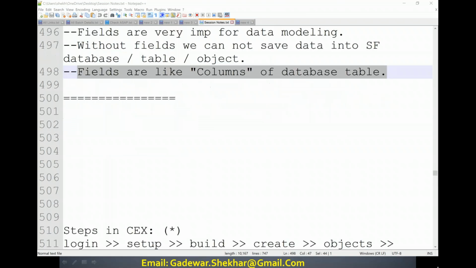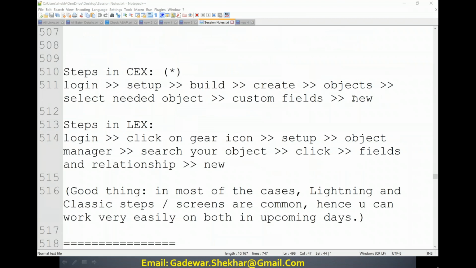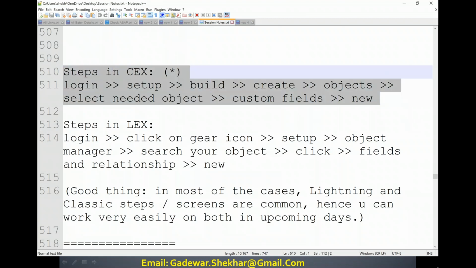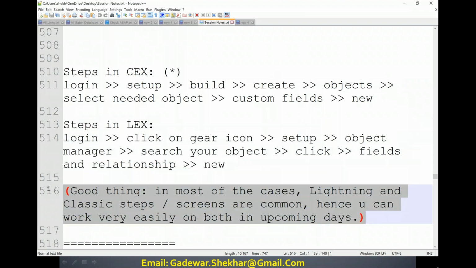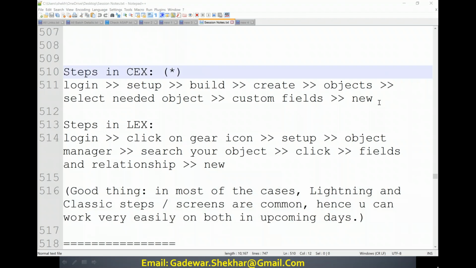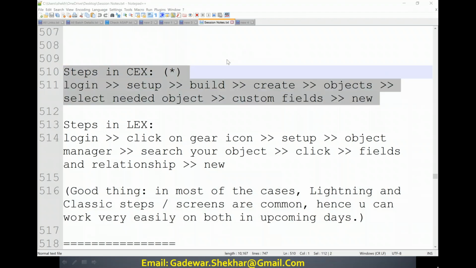How we can create? Let me show you. You are having two paths. Either in classic you can go in this direction or in lightning you can go in this direction. Both options are there. But here the good thing for you is most of the cases lightning and classic steps screens are common. Hence, you can work very easily in both in upcoming days. Many screens and many steps are common in Lightning and Classic. Right now, let's focus on Classic because you are a beginner level person and follow the steps